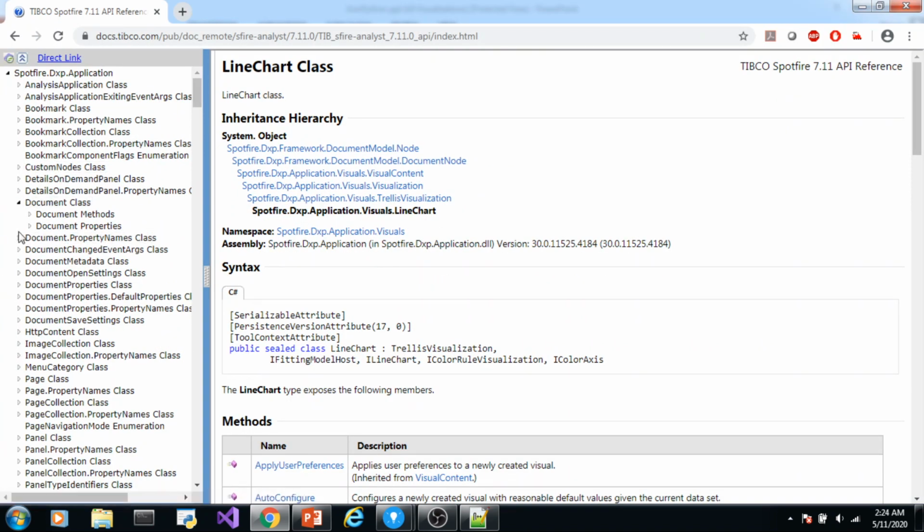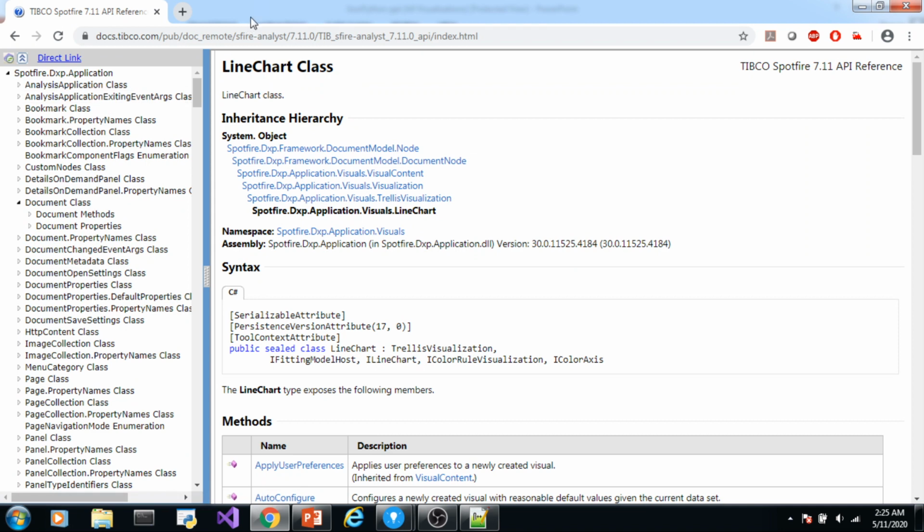So your document is also an object. It is an object of a document class. You can relate it to the human class that we had created in one of the slides. So similarly, the document class contains properties, just like human contained a member variable or a property. So how did we access the member variable and the methods of that human class? By creating its object, right? So similarly, our Spotfire document is an object of the document class. So we can access the properties and methods of the document class using the document object, which points to our DXP.